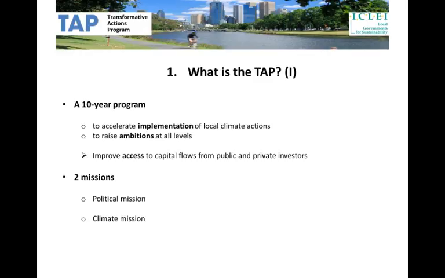So before I continue, let me just clarify what ICLEI and partners can do for cities and regions through the TAP. So what the TAP can do is to offer visibility to successful TAP projects, both through the Pavilion and the online platform, which I will talk about later on. The TAP will also offer the opportunity to engage more directly with representatives of the financial and business sector, who will also be invited to the Pavilion and to consult this online platform. So here again, I will talk about this later.